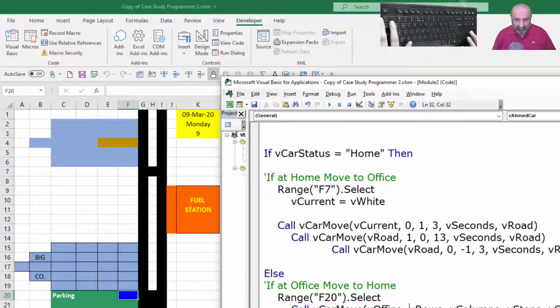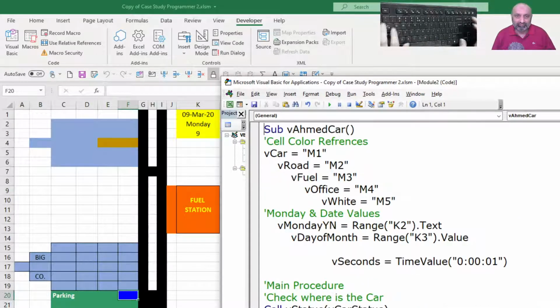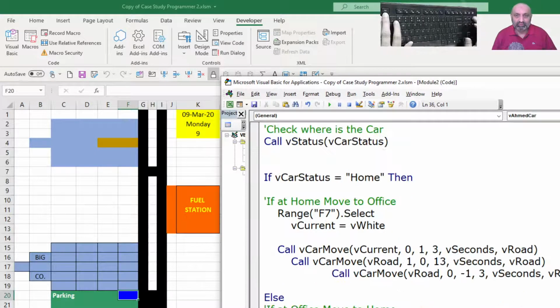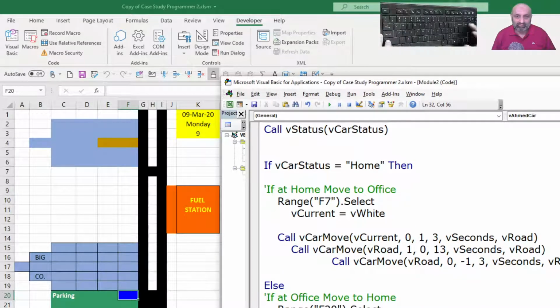So rows will be 0, no change. Column should be +1 because -1 will move it towards left. And how many steps? Only one step. For how many seconds? Standard seconds. And the new color would be of road. So the car will be moving on road. So let's change this new to road.